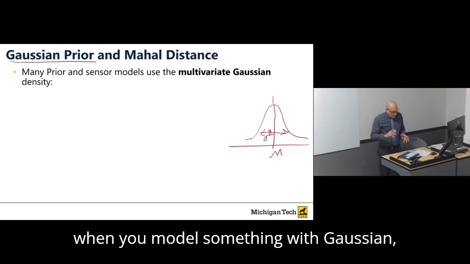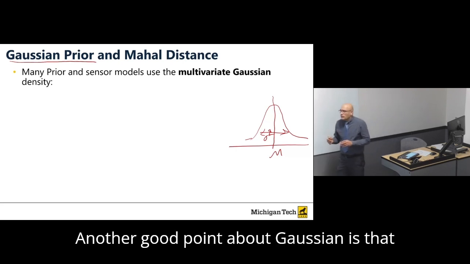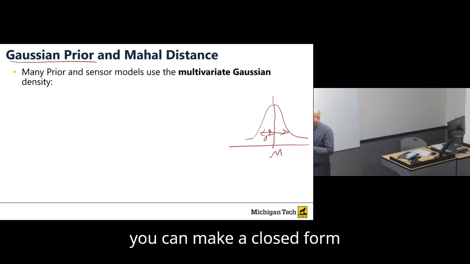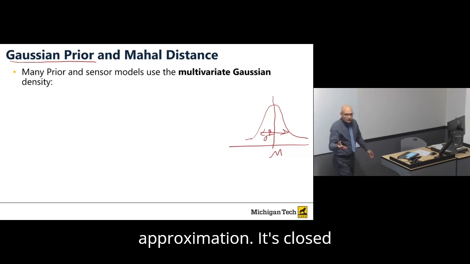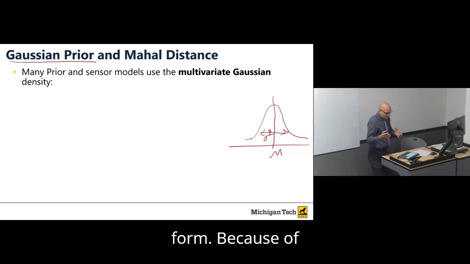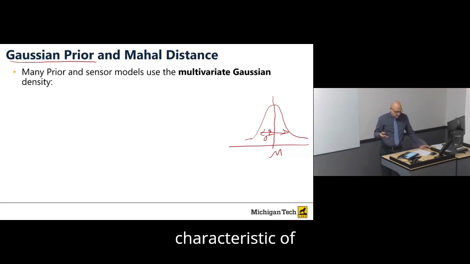Also, when you model something with Gaussian, another good point is that you can get a closed form solution. The solution is not an approximation, it's closed form